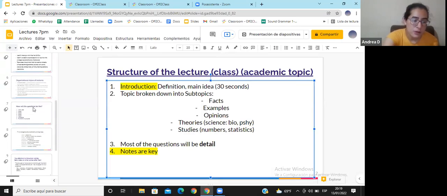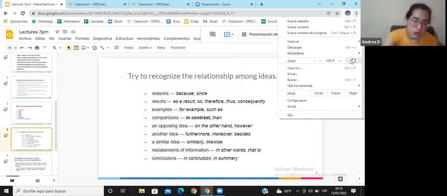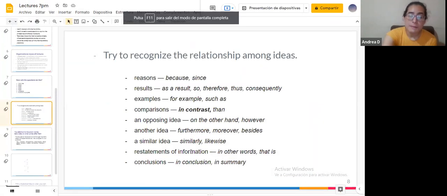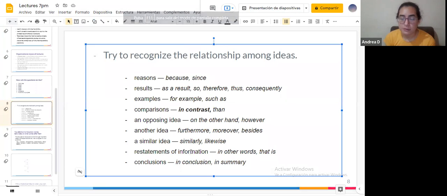Another thing, sorry, that I wanted to say, pay attention to transition words or phrases because they will help you. They will be like red flags for you. So they will also help you understand that structure that I'm telling you about. So if you have the word similarly, you know it's probably a comparison, and you're looking at the similarities of things. If you have therefore, it's cause and effect, right? So this is the reason for that, something else.